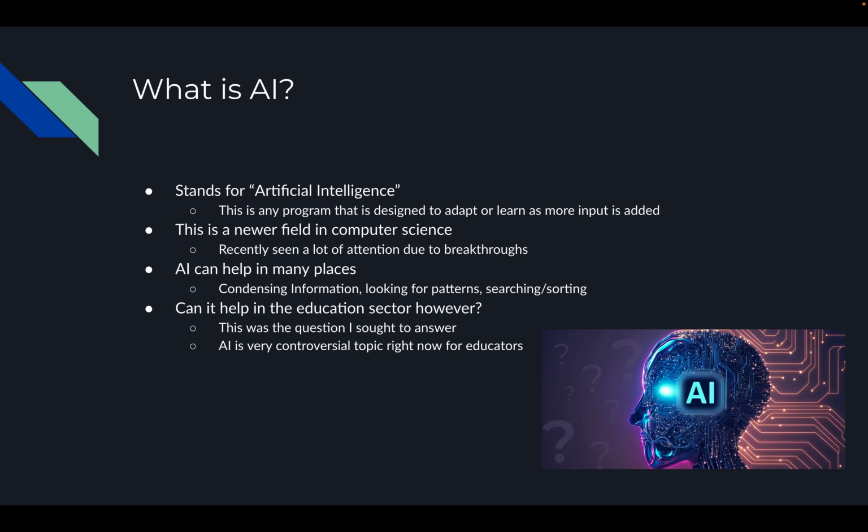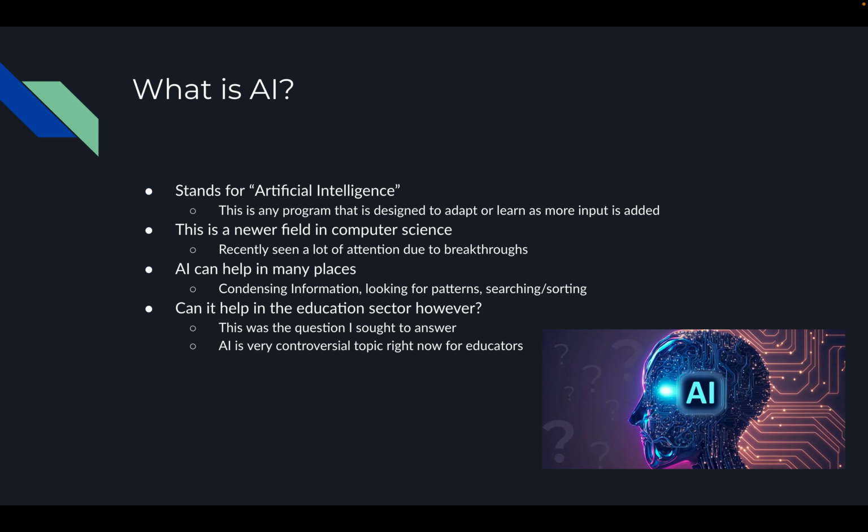And as I've put in there as well, this is a newer field in computer science. It's not that new. You'll still find AI programs 20, 30 years old, obviously nowhere near as capable as the ones available today. But November of last year, 2020, was about the big shift, because that was when ChatGPT came out, and the average person was able to see just how far ahead and how advanced this technology currently is. So it's newer in the fact that it's gotten a lot more attention recently.